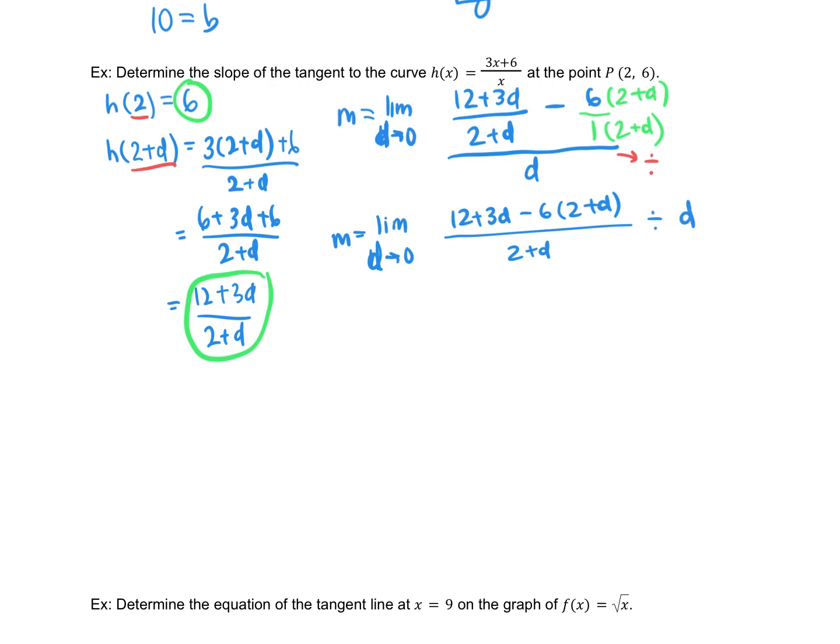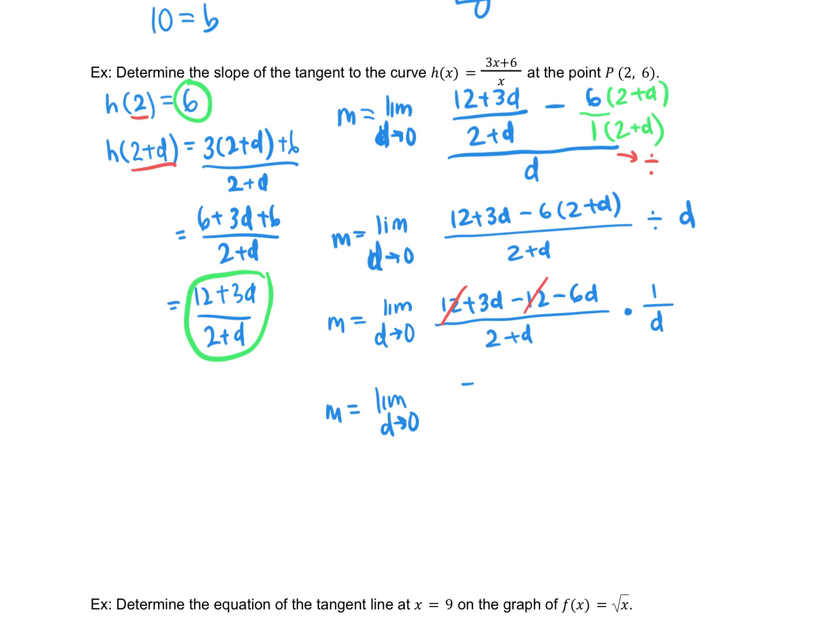Now it looks a little better because I don't have a fraction within a fraction. And now it's time to clean up. The limit as d approaches 0 of 12 plus 3d minus 12 minus 6d, make sure you're distributing the negative in, all over 2 plus d. And instead of dividing by d, thinking about fraction division, we turn it into multiplication by the reciprocal. All right, a little bit more cleaning. 12 minus 12 is 0, fantastic. And I'll collect my like terms in the numerator, 3d minus 6d, so negative 3d over 2 plus d times